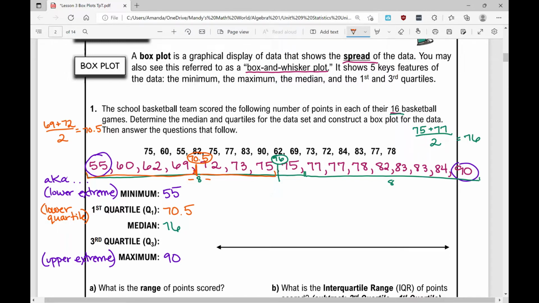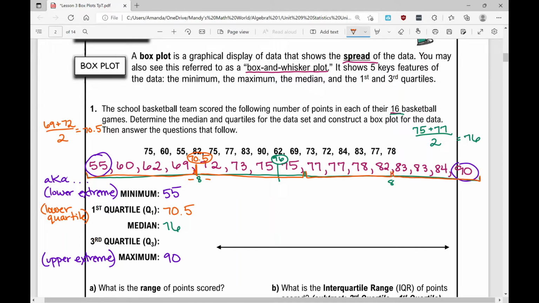I have 8 values here. Did I do that right there? I sure didn't. I didn't draw that right. 1, 2, 3, 4, 5, 6, 7. This should have been, let's see. Let's do this. Right there. That makes more sense. In the upper half of the data, I've got 4 values here, and then I've got